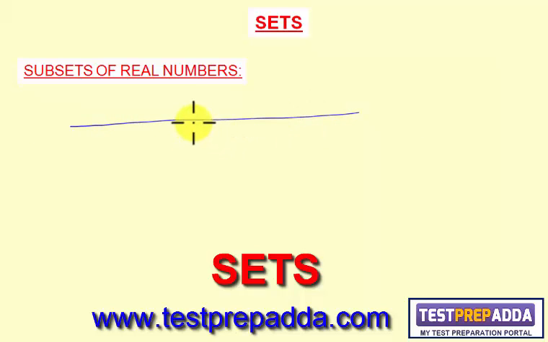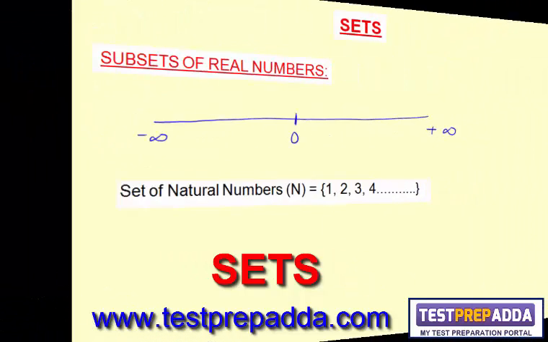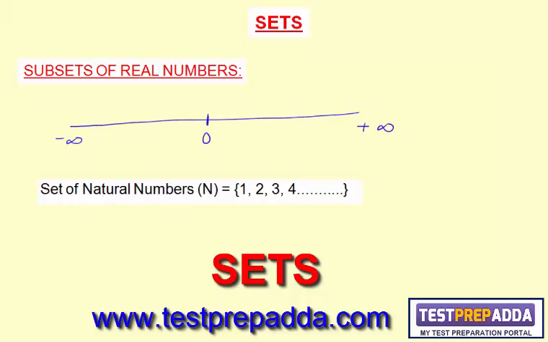Consider this line. This is the origin or zero, and it goes from minus infinity to plus infinity. All the quantities on this continuous line belong to real numbers. Now, if I talk about subsets of real numbers, different subsets of real numbers are: first one, set of natural